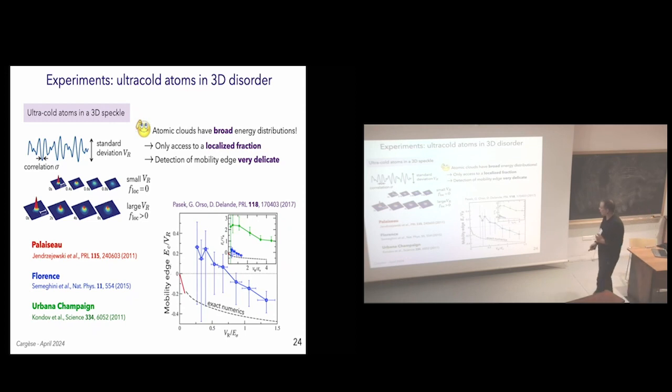And then when people, in particular Dominique Delande, compared this measured data to exact numerics, people realized that all these experiments were not of the same quality. So in particular, if you look at the Urbana-Champaign experiment, you see that the measurement of the mobility edge is completely off. And actually, it may also give you a hint about which kind of journals you should read to have sometimes reliable data.